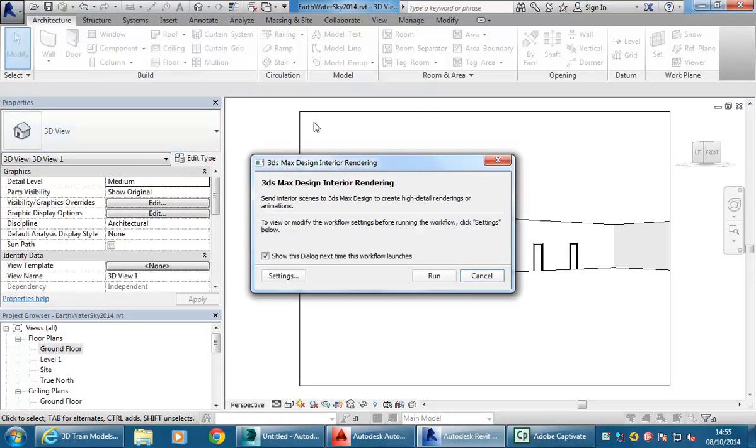And to begin with, you won't need to change any of these settings, so you can just leave this option turned on, show this dialog box next time the workflow launches. You want to make sure it does come up next time because you need to change the settings later on. So leave that tick box on, and then you can hit Run,